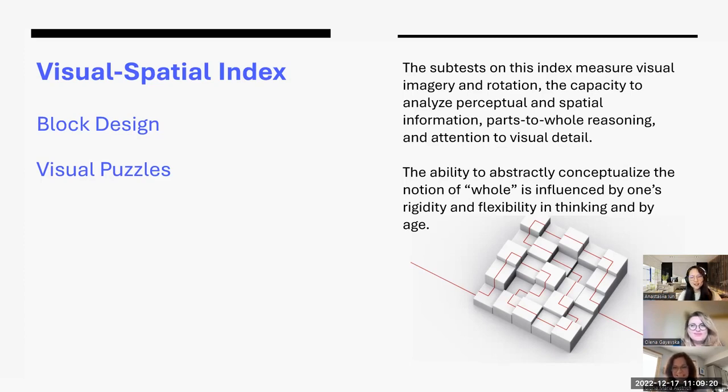Okay, so let's say I'm an ABA therapist, right? And I develop a plan. So if I have a good visual spatial index, I need to see treatment development as a whole. I need to have a vision. I need to know how to get to it. I need to be able to divide the tasks into small steps and details and be able to guide a person through those steps, correct, to my picture. Right. Your end goal is going to be the whole picture, and how you get there is going to be the details and the pieces.